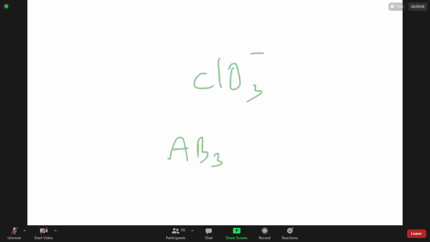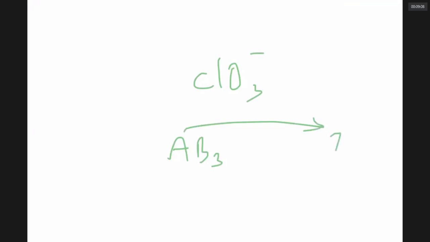And A is a halogen having 7 valence electrons. Because there is a minus charge, I have to add 1 electron. There are 8 electrons. Out of 8, each oxygen uses 2 electrons, so 3 2s are 6 used up. Our rule is if any bonded atom like hydrogen, chlorine, bromine is linked to the central atom, each will use 1 electron. However, if the central atom is bonded to oxygen, each oxygen uses 2 electrons because it makes 2 bonds.